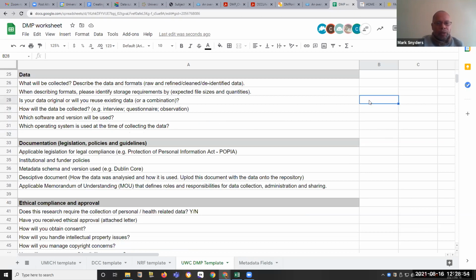Obviously, if you're going to reuse existing data, you need to list or identify where data is stored. Okay, so what kind of software you are using, what kind of version you are using, and what's also important is the operating system of the equipment that you are using. So if you're currently using Windows 10, it's important that we understand that your users are aware that you are going to be using Windows 10.